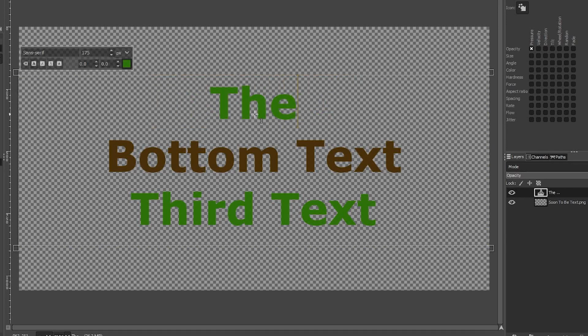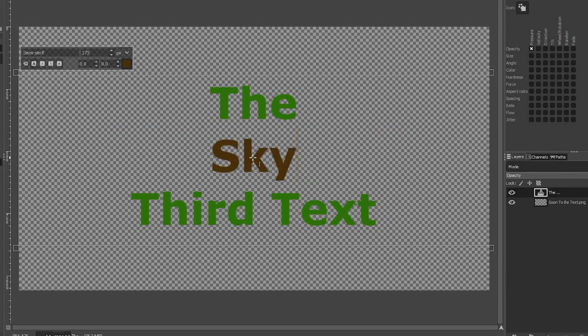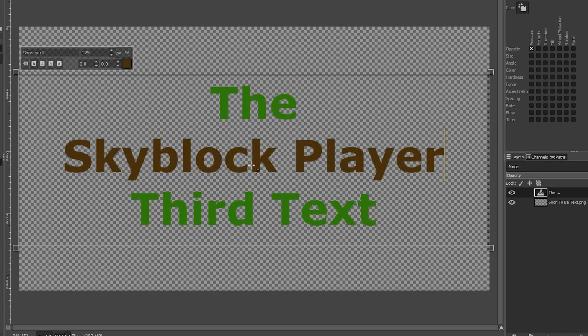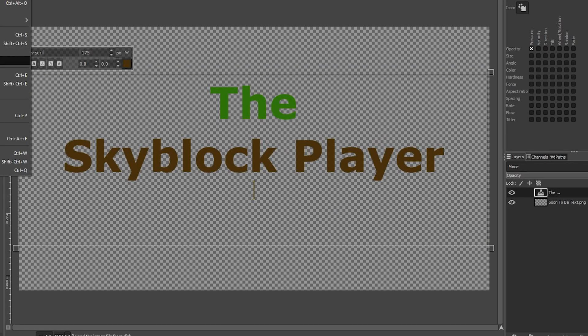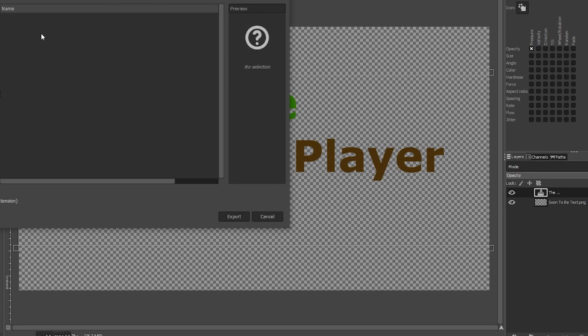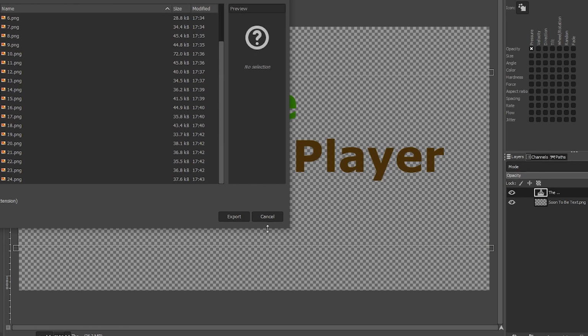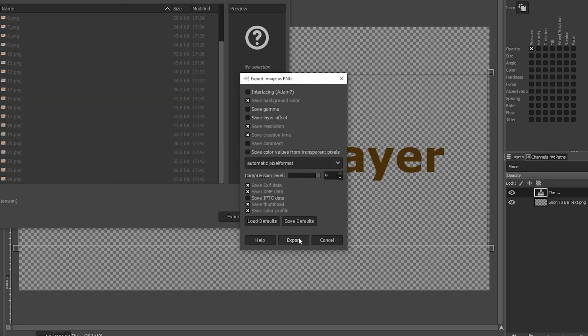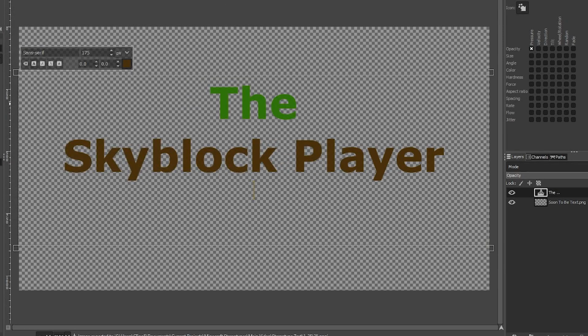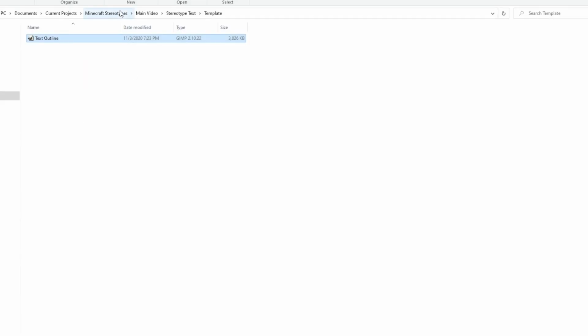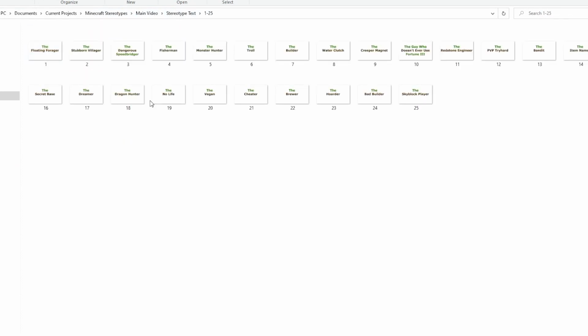But basically, I would go to the Skyblock player because I haven't finished the final one, because I wanted to do that on camera. And then I go export as, and this is actually going to be called 25, and it's going to go into the stereotype text folder. There we go. Export that. Export and close this. We can just discard the changes because it's an outline. And as you can see, there we go. We have all 25